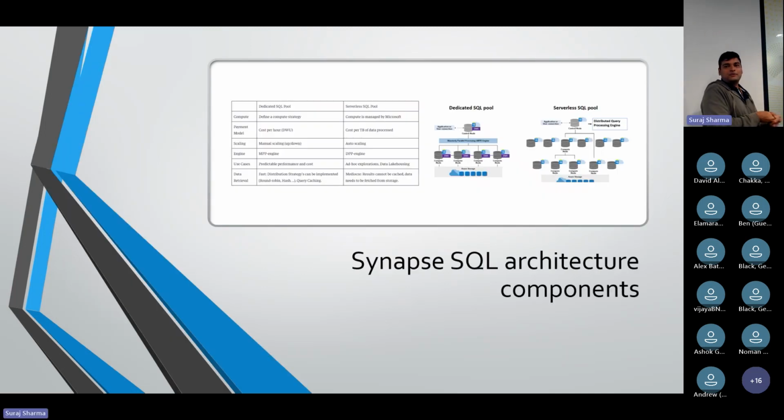Now I'm going into more depth. We've talked about Synapse. What features does Synapse have? We talked about the Synapse dedicated pool, but Synapse also provides another component called the serverless SQL pool. What's the difference between these two? At what sense do we have to use the dedicated pool, and at what sense do we have to use the serverless SQL pool? As you can see on the screen,